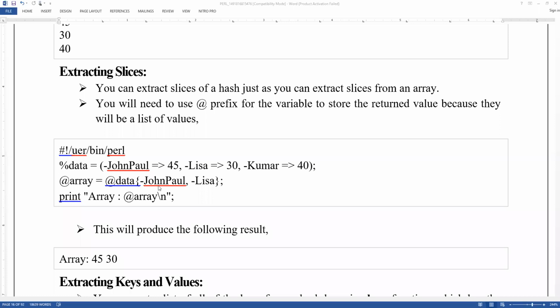Print array of at the rate of array. Here the at the rate symbol represents an array, meaning the sequence or indexing number. The first index 0 is John Paul, Lisa is 1, Kumar is 2. So whatever values are stored for John Paul and Lisa are going to be printed. So print at the rate of array slash n.